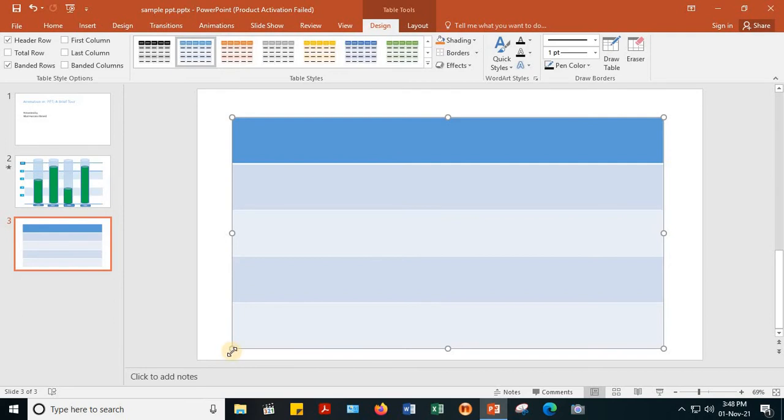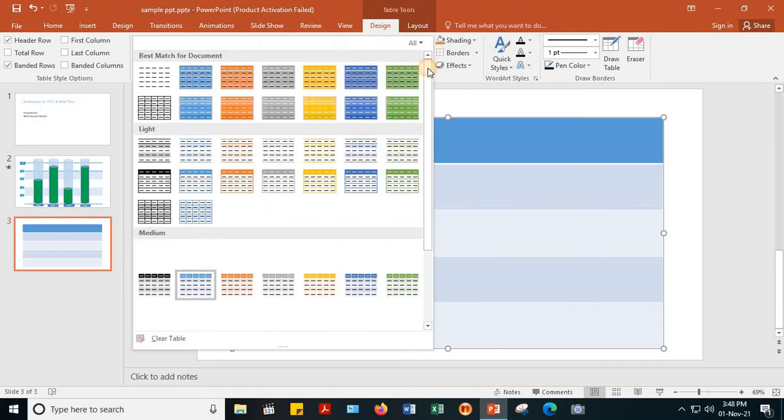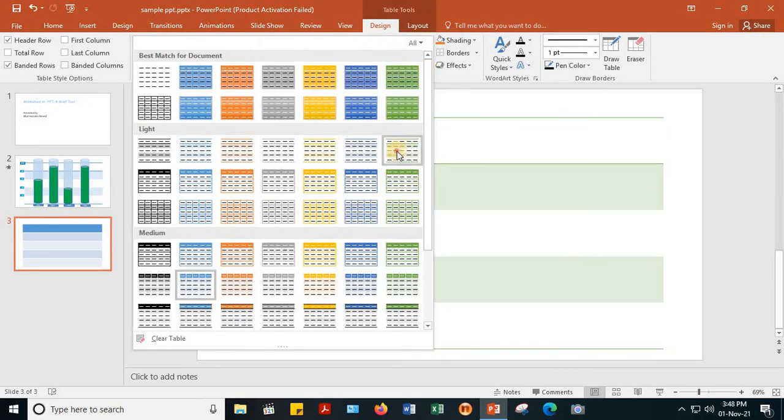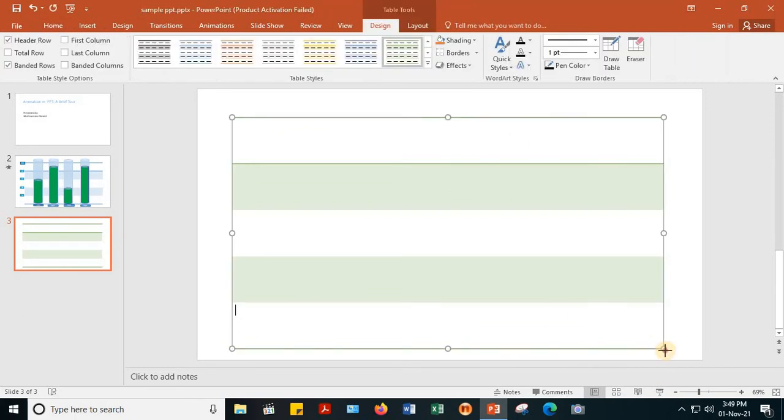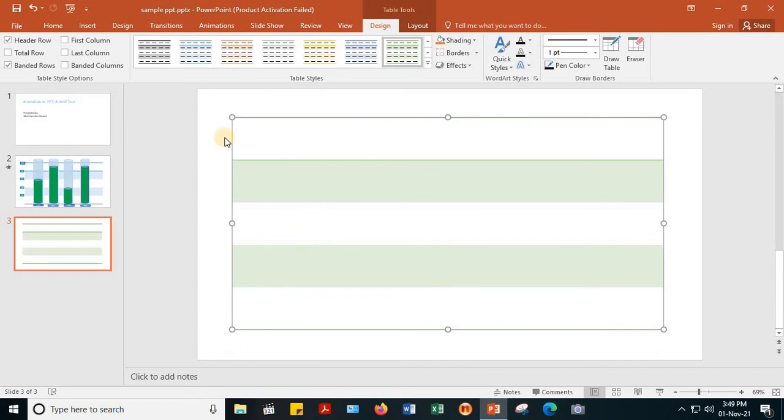If I put this side as 0 to 100, this is equally distributed, so I can easily use it. Now this looks like it has a header, and I don't want a header because I'm not using this as a table but as a point of reference. So here I go and select this option, and now you can see you can distinguish, but it does not look like a table. Now this is done. In the next step, what we have to do is write the numbers for reference.